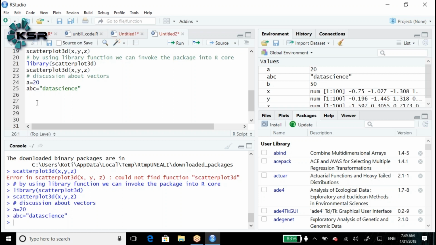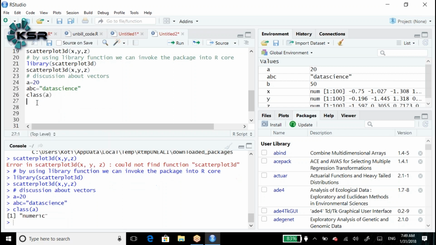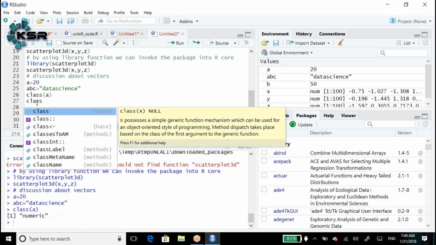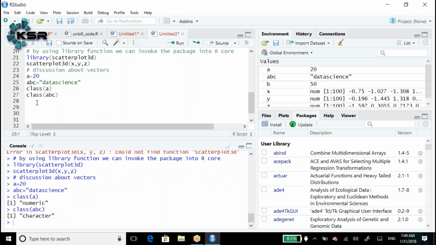Now, as a starter of R code, how do I know whether it is numeric or character? By using the class function, we can get to know that. Class of A will tell us whether it is numeric or character. Class of ABC again tells us it is character.